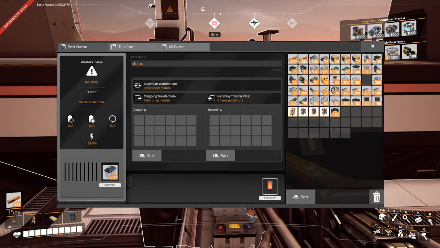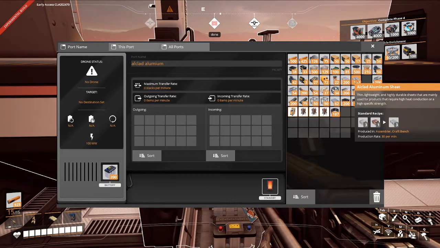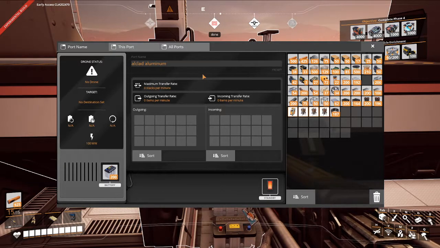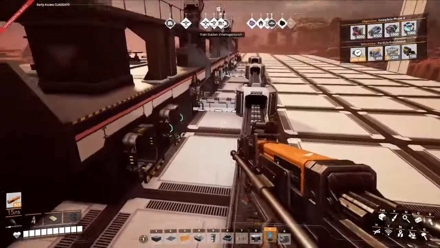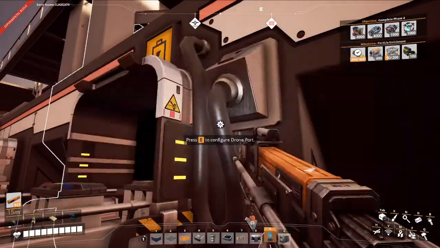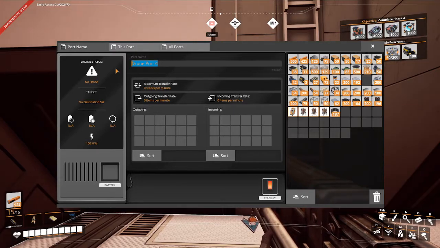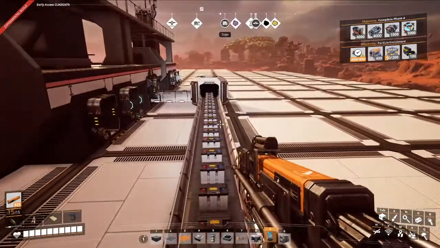Alclad, aluminum, aluminum. No, that's A-L-U-M-I-N-U-M. Okay, there's an N in here. And then after that, we're gonna need one for casing. So let's get the casing set up. Hold on a sec here. Dang it, it's hard to tell these apart when they're so close. Okay. Aluminum casing. Alright, that takes care of...